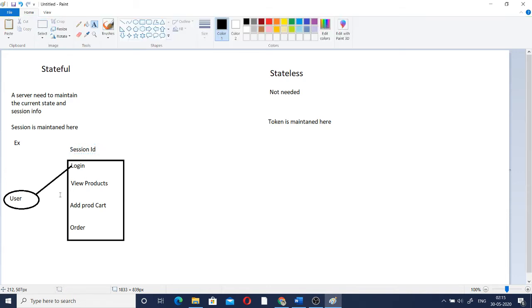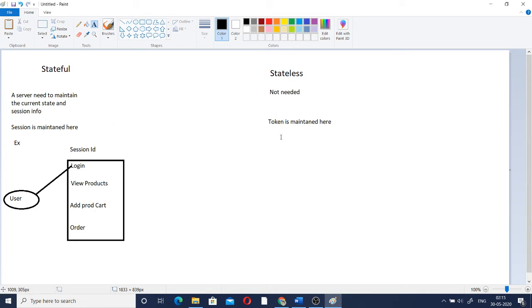Again for all the operations after this login, like view products, add products to the cart, and order the products, based on the session ID this server will identify the same user. So here it goes, stateful means it identifies the current state and session information.